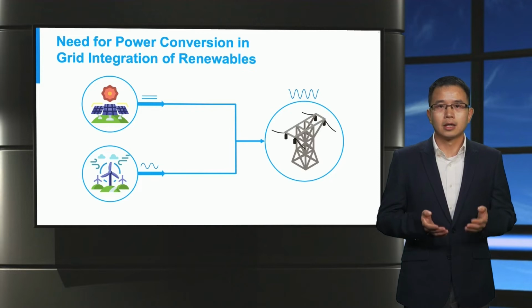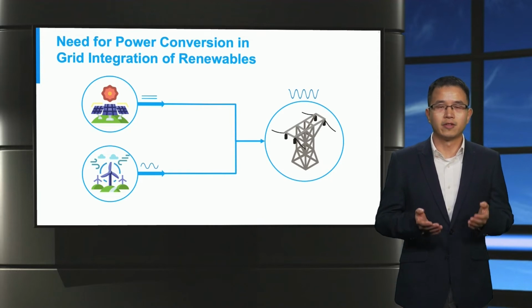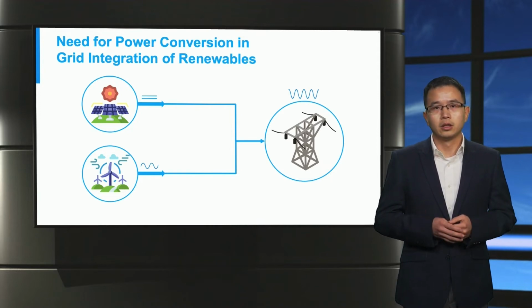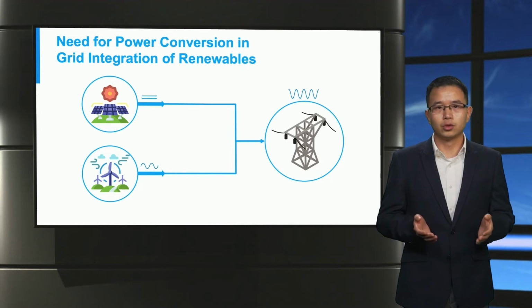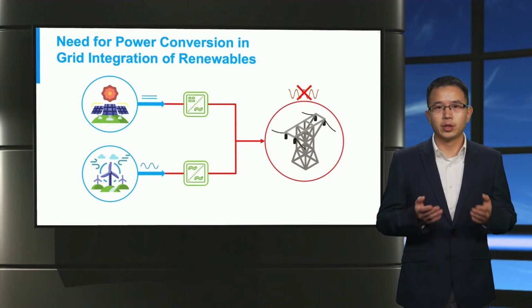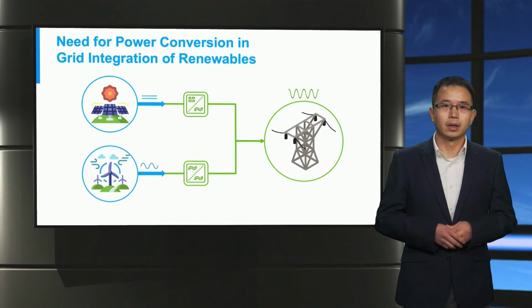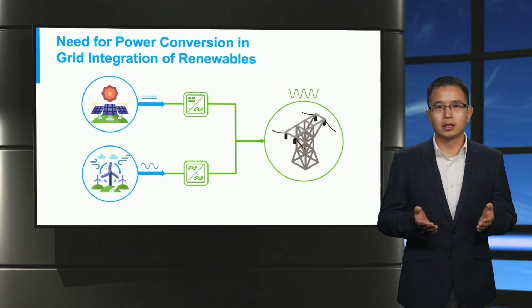Power electronics are then applied as an interface between the power generators of the renewables and the grid for power conversion. In general, power electronics can do 4 types of power conversion, including DC to AC, for instance, a PV power inverter, AC to AC, for instance, a wind power inverter, AC to DC, and DC to DC. This will protect the grid by adjusting the power to match the grid.